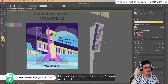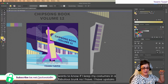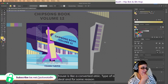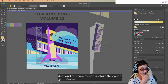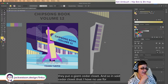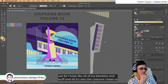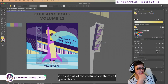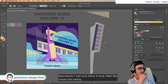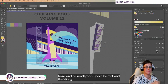Megan wants to know if I keep my costumes in a fabulous trunk. No, I have upstairs, which is like a converted attic type of a deal. And for some reason, upstairs they put a giant cedar closet, and in the said cedar closet that I have no use for, I have all of my blankets and stuff, and it's also the costume closet, so it has all of the costumes in there. So I guess that's as close as you can get to a fabulous trunk. I do have a fabulous trunk downstairs that I could put them in, but I feel like I have too many costumes to fit in the trunk, and it's mostly the space helmet and the Viking helmet that probably wouldn't fit, so